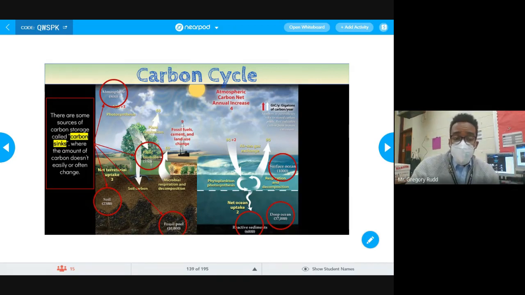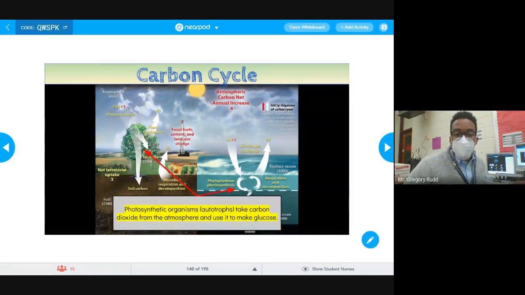The atmosphere itself is a carbon sink. It has a lot of carbon stored inside of it. Soil is a carbon sink, a big one. And then also trees. Rainforests are huge carbon sinks. So as we tear down the rainforest, as we tear down forests in general, we're removing trees, and those trees are no longer able to take in carbon dioxide. So again, all of these things are contributing to us flooding, over the last 200 years or so, the atmosphere with carbon dioxide.